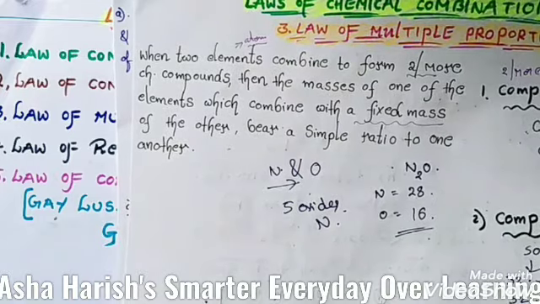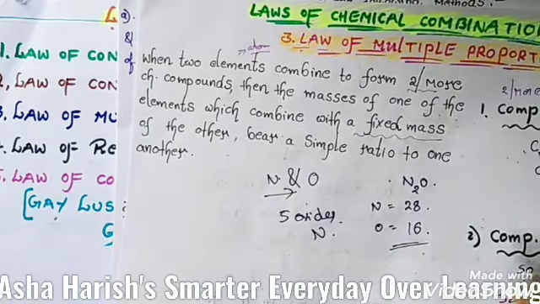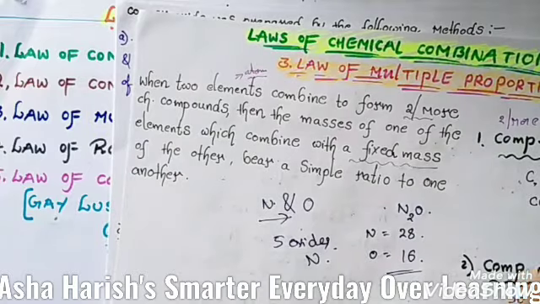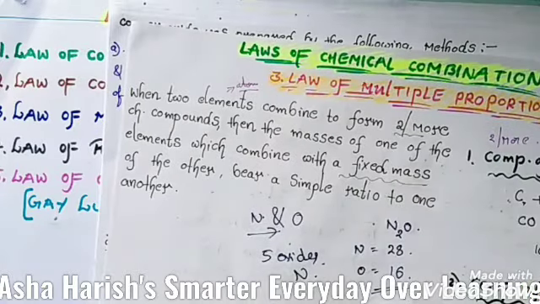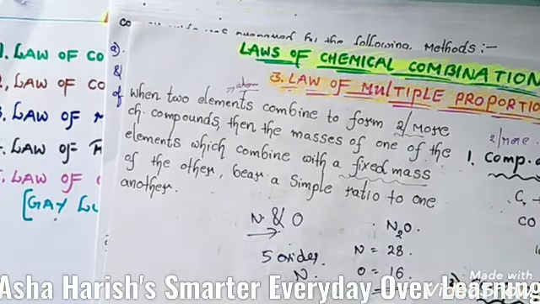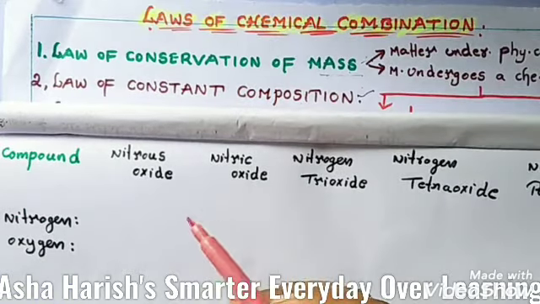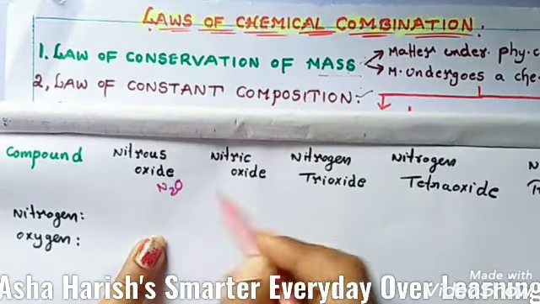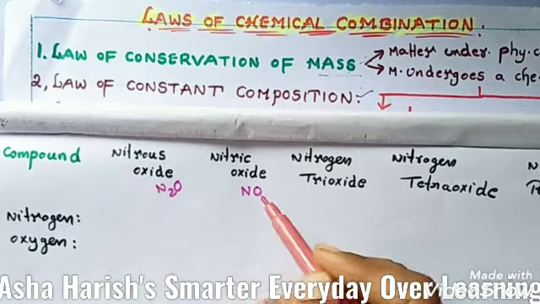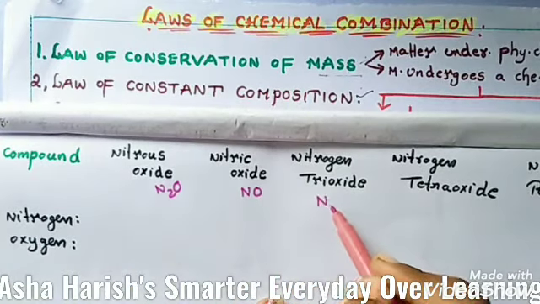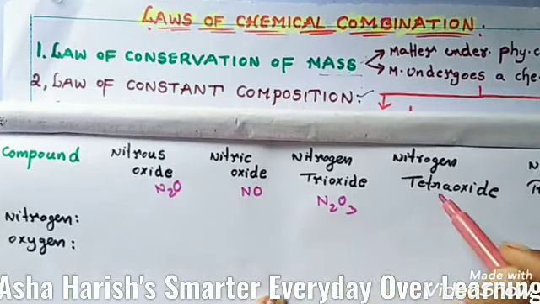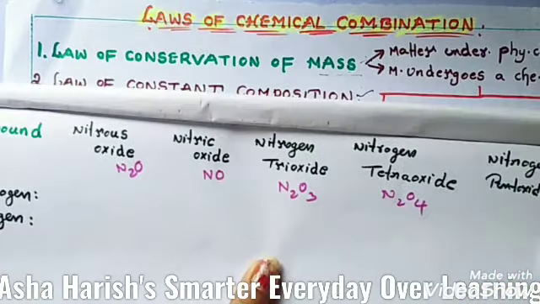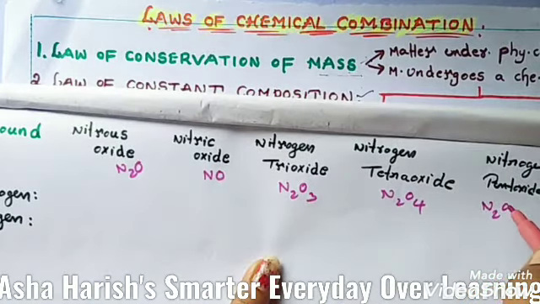Now students, let's see one by one with chemical formulae and parts by mass of nitrogen and oxygen. Here are the compound names: nitrous oxide, N2O, nitric oxide, NO, nitrogen trioxide, N2O3, nitrogen tetroxide, N2O4, and the last one, nitrogen pentoxide,